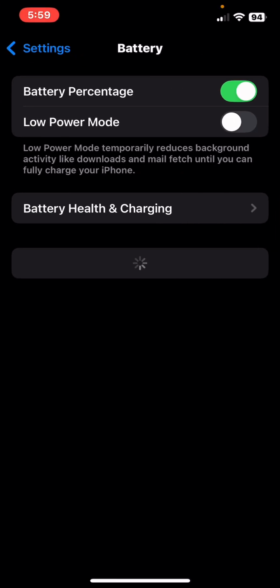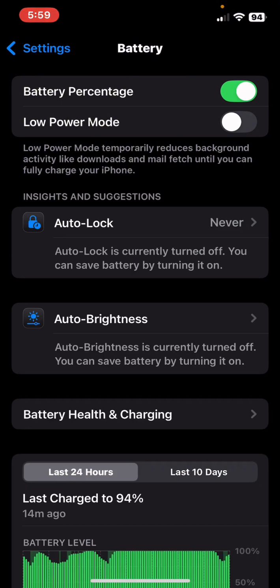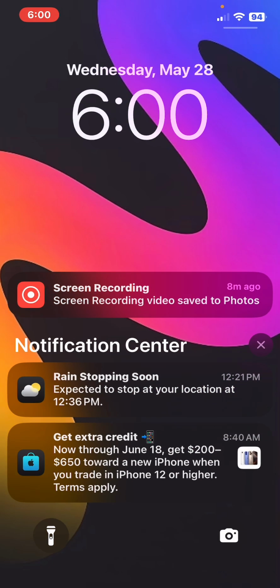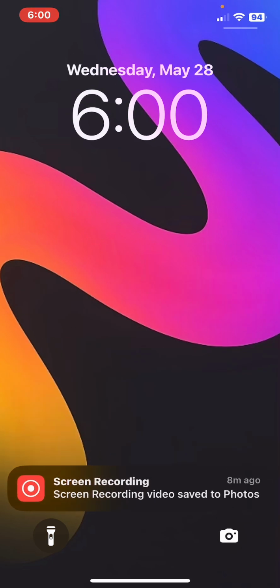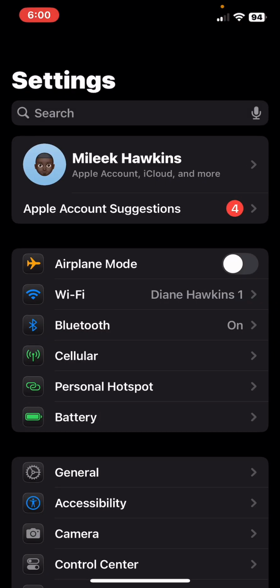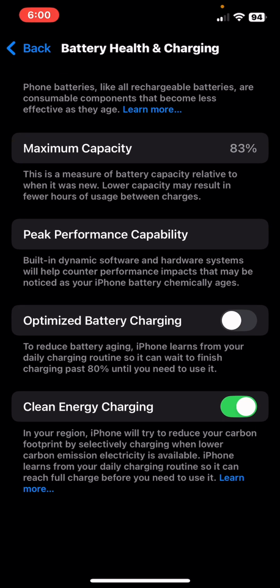Now, we're also supposed to get battery intelligence. This too is going to be for Apple Intelligence. Everything that is Apple Intelligence related is only going to be for iPhone 15 Pro and iPhone 16 models. So we're supposed to get battery intelligence. The Samsung Galaxy A15 already has this, where it's supposed to tell you how much time you have remaining until your iPhone is done charging. And it's also supposed to bring it to the battery health and charging section as well,